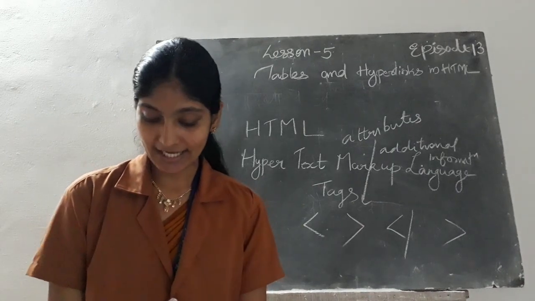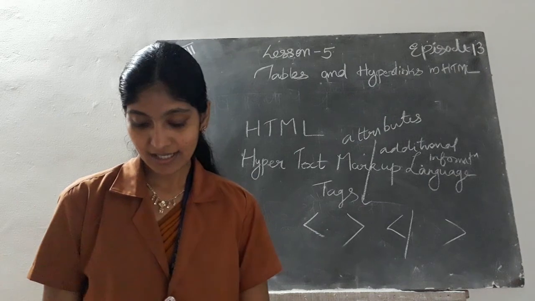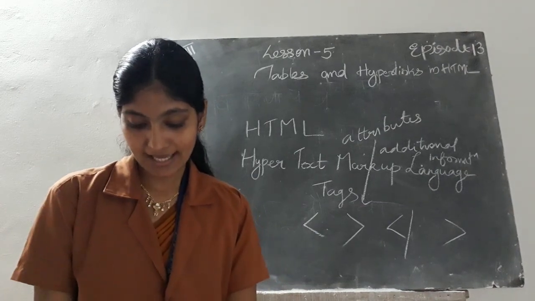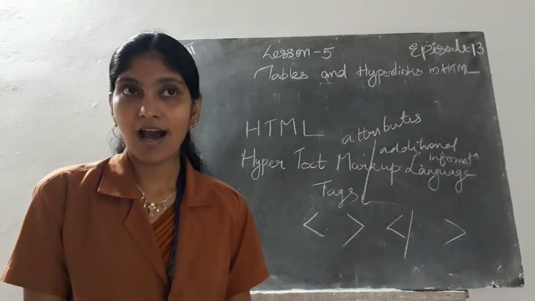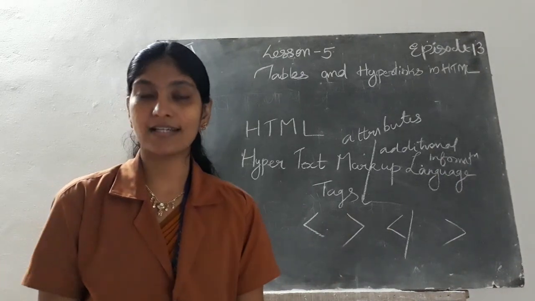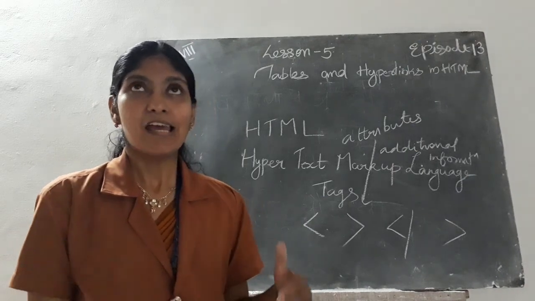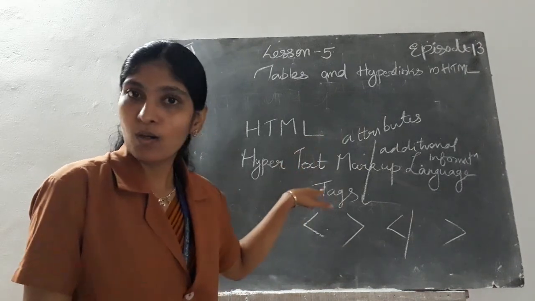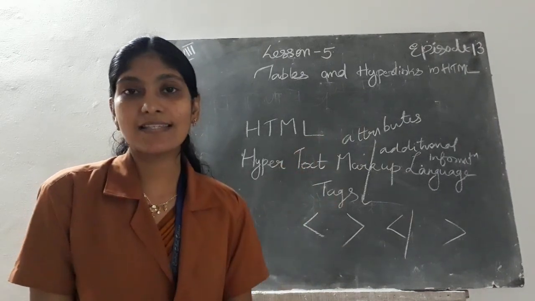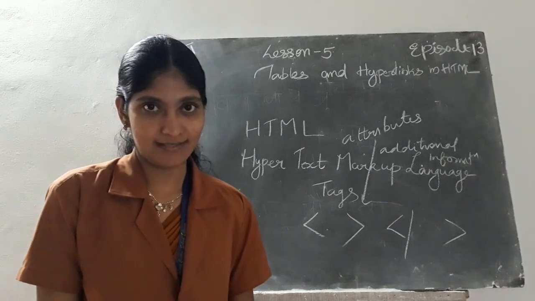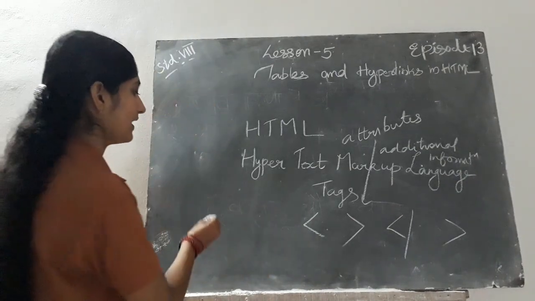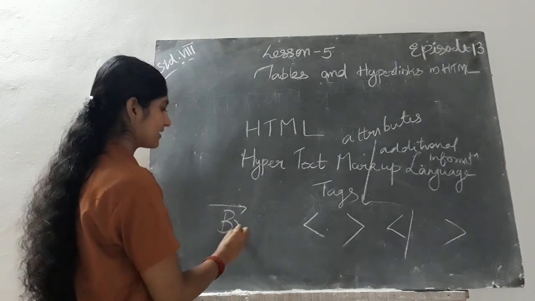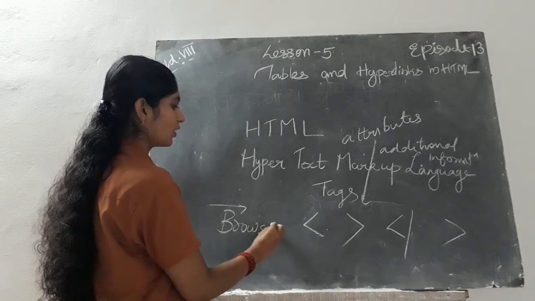So markup language describes how HTML works. With a markup language, you can simply mark up a text document with tags and tell the browser how to structure it to display. That means the browser reads the HTML code and then displays it in the form of web pages.